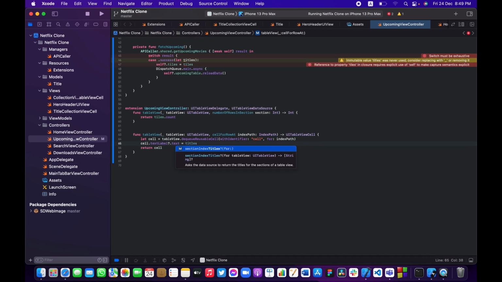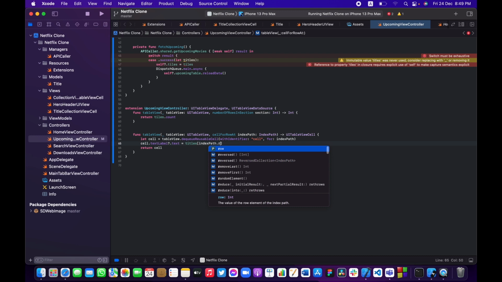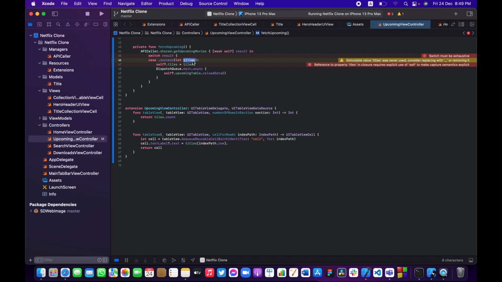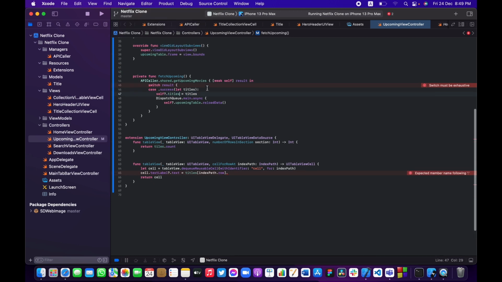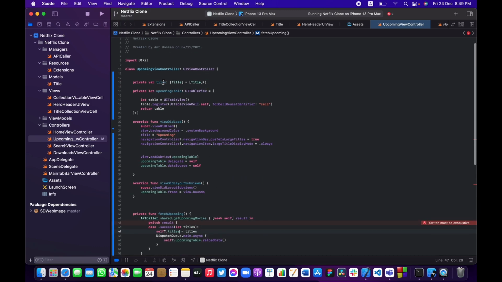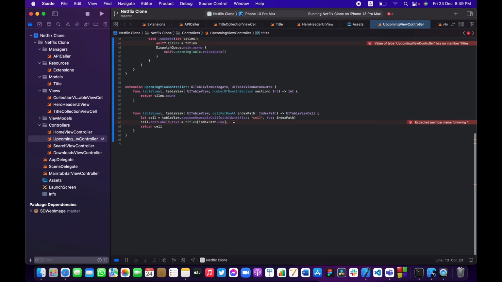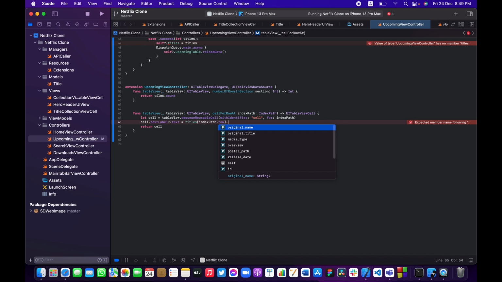Okay, I'm going to access the index path of row, and as you can see here, what do we have? Okay, something is wrong. Oh, I'm sorry, we just misspelled the word, so we have it right now. So titles, let me just fix that as well. So titles, and let me go ahead one more time, and as you can see here we have the